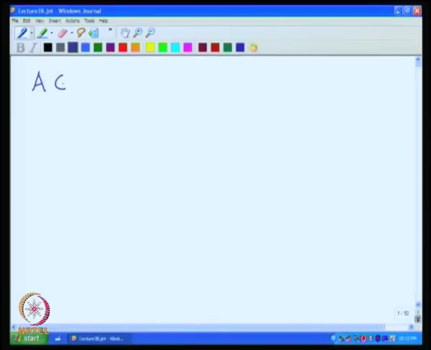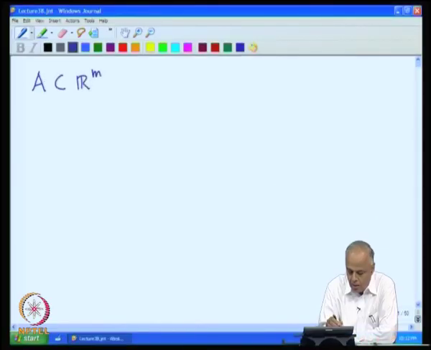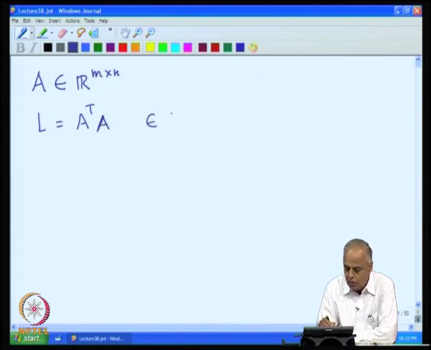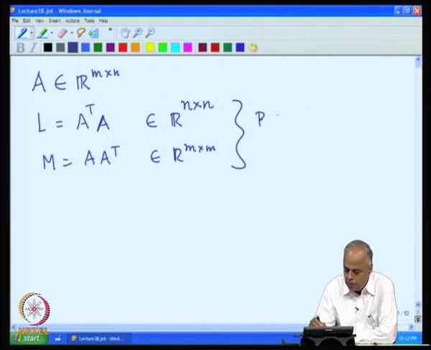So, we had A, any real matrix m by n, and then from that we constructed the 2 square matrices, which was L = A transpose A, which is an n by n matrix, and M = A A transpose, which is an m by m matrix,